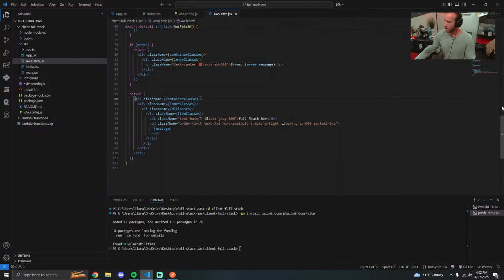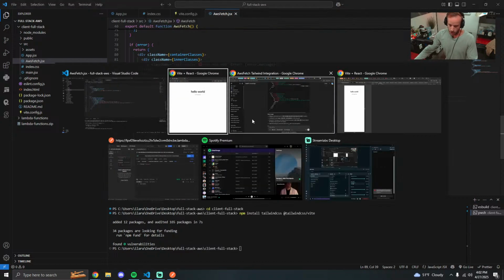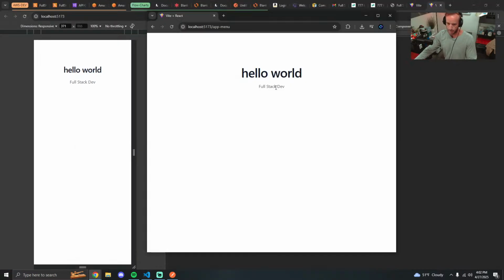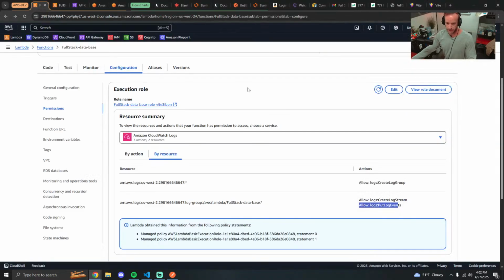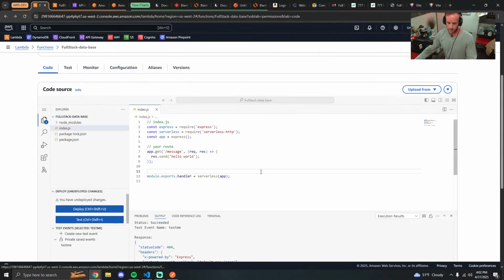Booyah. All right, cool. Okay, so we created an endpoint, essentially, that is in AWS that returns a message. It says hello world, and that's just getting something. So if we wanted to get an invoice, for example,